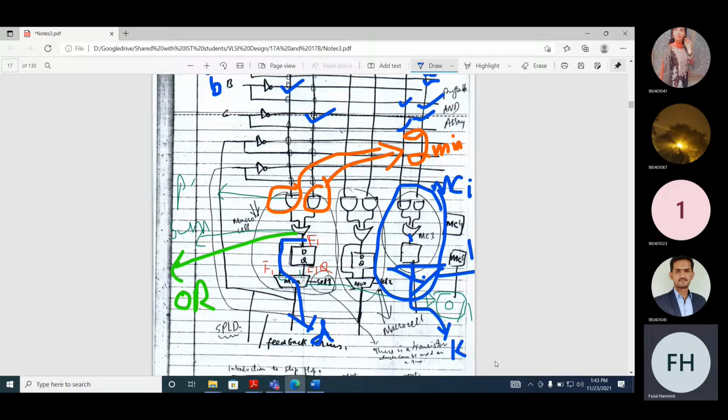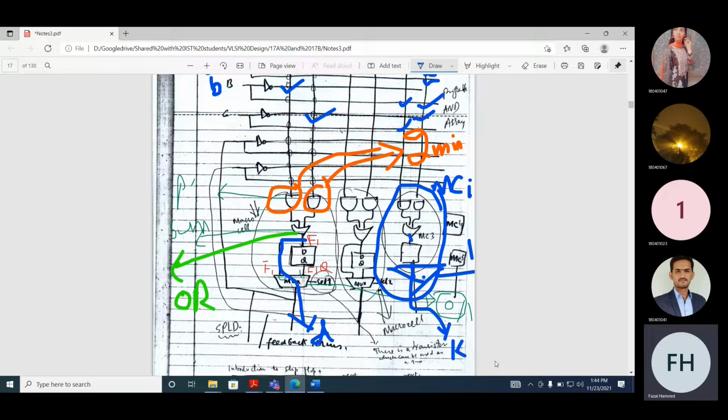Okay. So now in this way we have implemented a sequential function using a macro cell. This macro cell has implemented a sequential function in which the select line of the multiplexer is chosen to be 1, and the previous macro cell implemented a combinational function in which the select line of the multiplexer is 0.